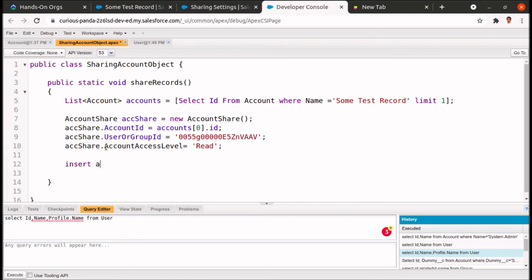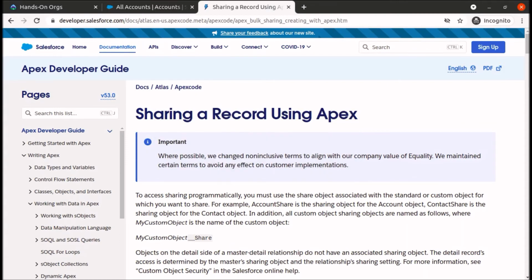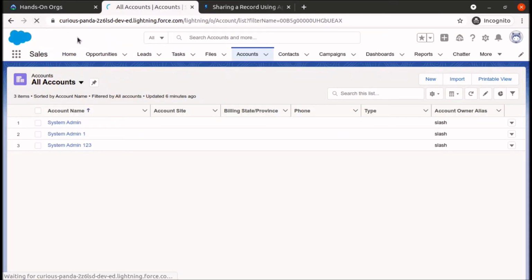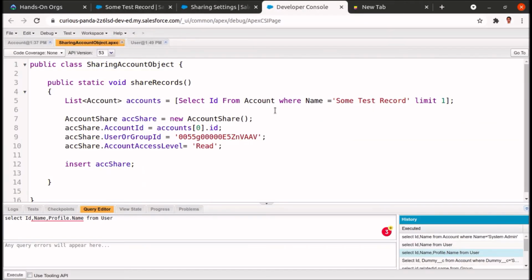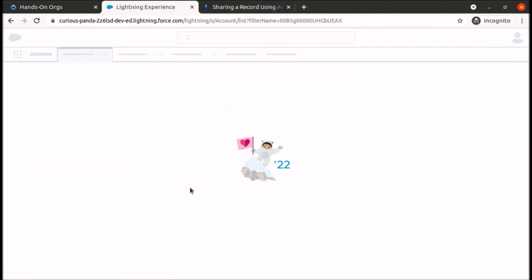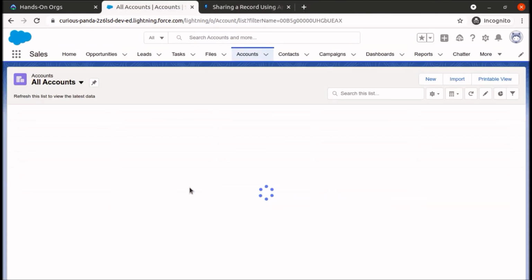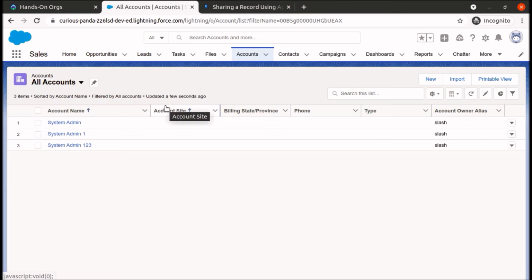insert accountShare, and I think it will work. Let me show you once more that here no record with account name some test record is available. After executing the Apex class, the record will be available if everything goes fine.